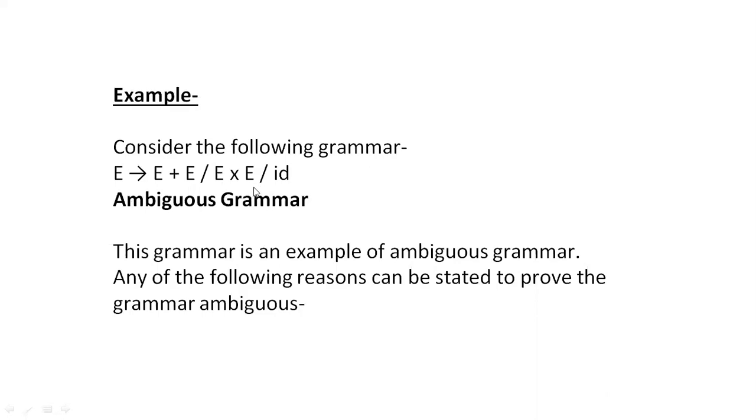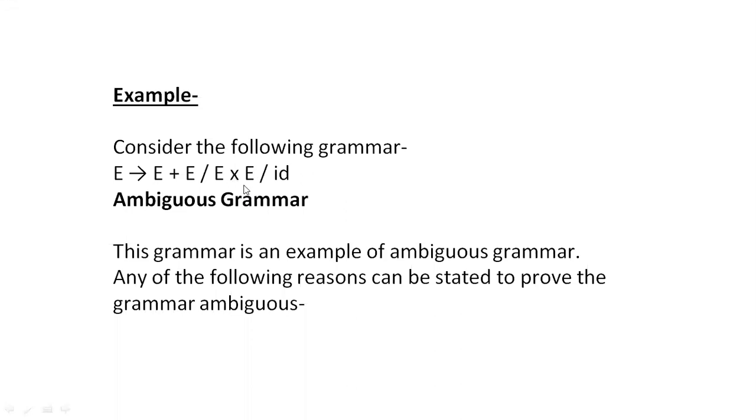Again, T into T is an ambiguity. The rule consists of an ambiguity. So now you need to change that T. Change this T into some other variable. Now I am introducing a new variable like F. Now it becomes T into F. And to make F a live variable, I am defining the rule for F: F tends to id. F tends to id.